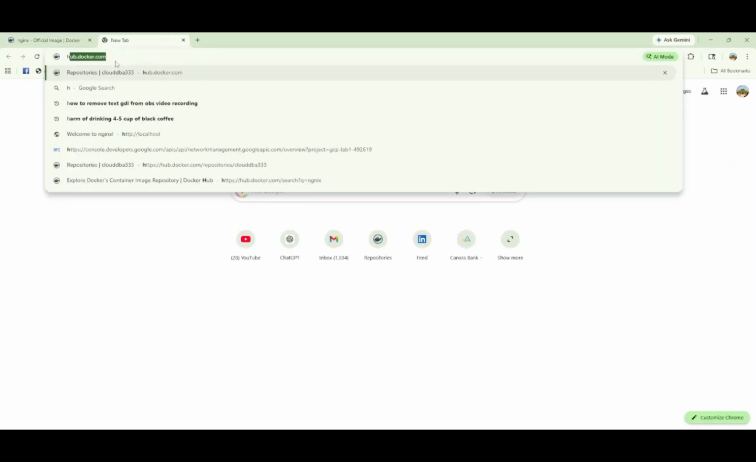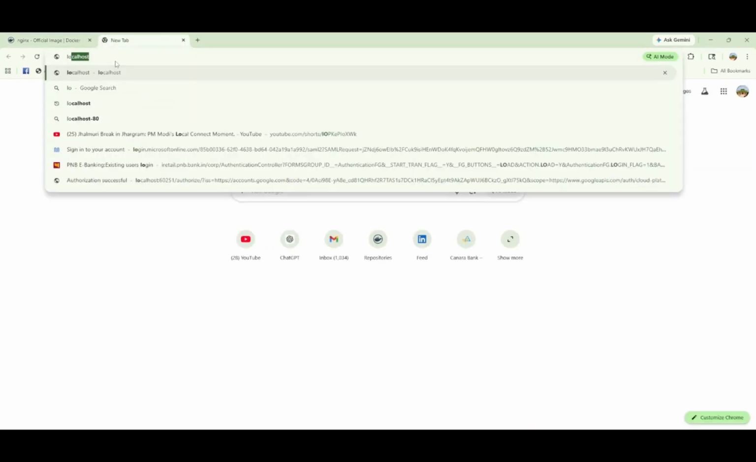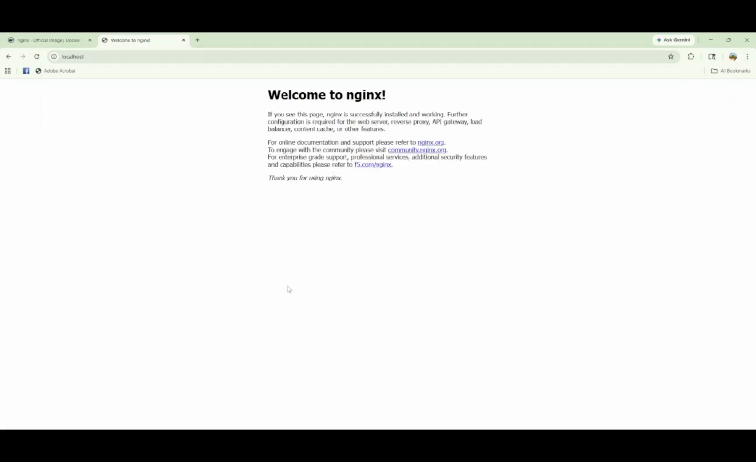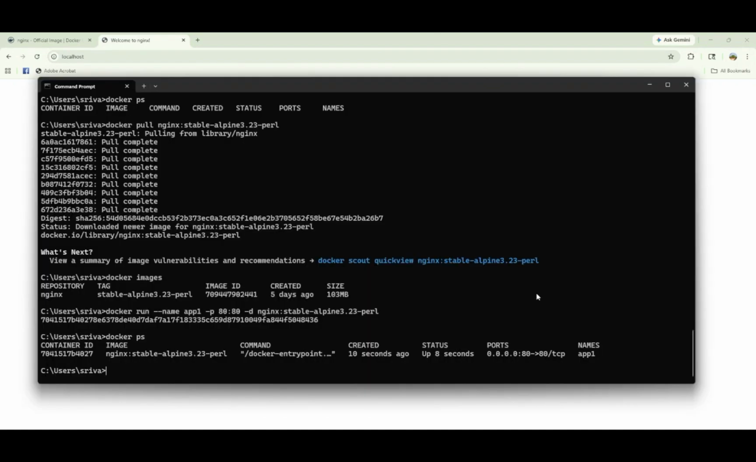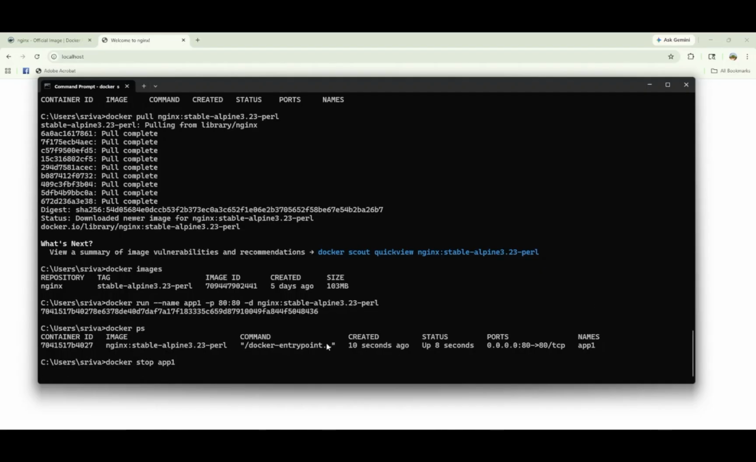Now we should access it on our localhost. So on localhost, you can see Nginx is now there, right? So this is running on my local system. Let me show you by stopping it with docker stop app1. So once you stop the container,